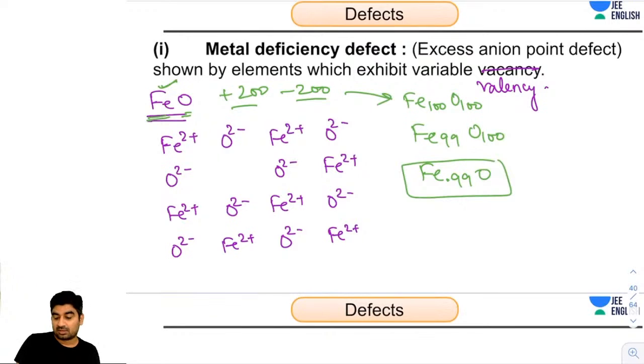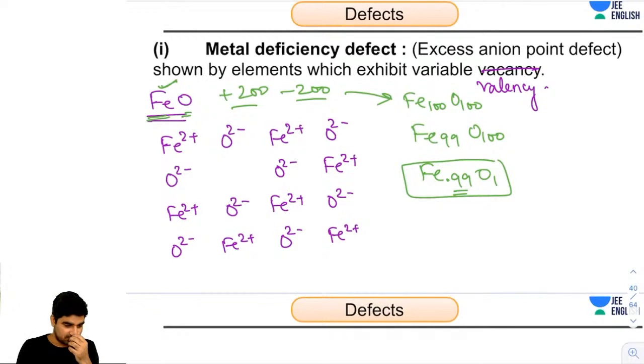So guys, now it is Fe 0.99 and oxygen is 1. But how will it maintain the charge? Now, just like electrons, you cannot have fractional protons. It will take